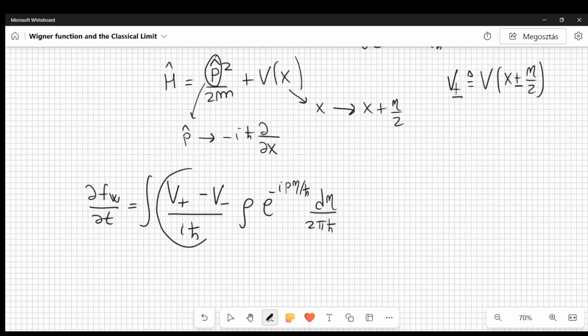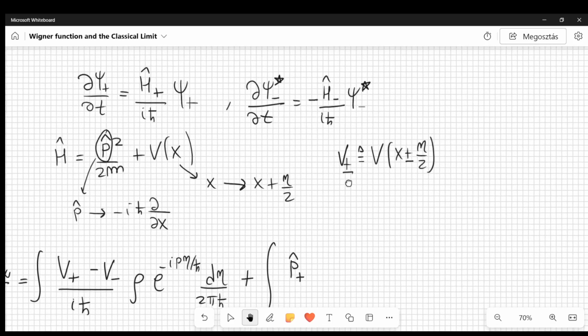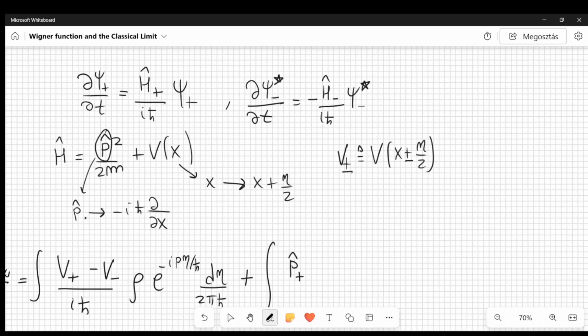So this comes from the potential energy in the Hamiltonian, but we also have another term that contains the momentum operator, and it can be written as another integral like this. So we have p hat plus, let me put a plus, so I will be more specific, but just to give you the intuition, here I put a plus